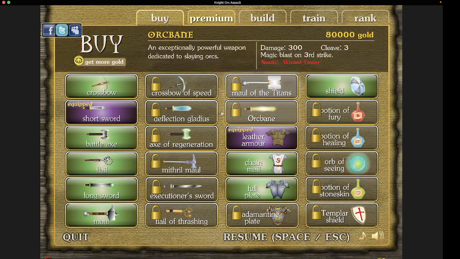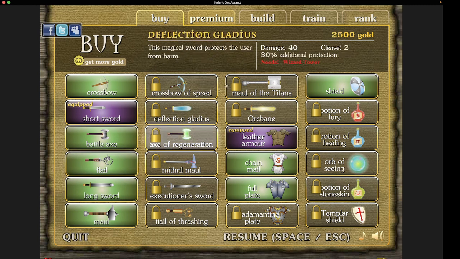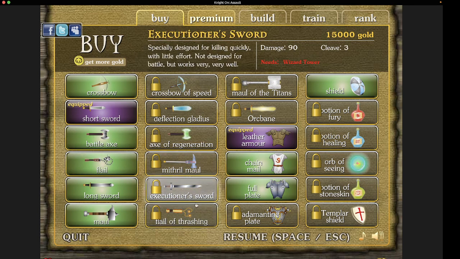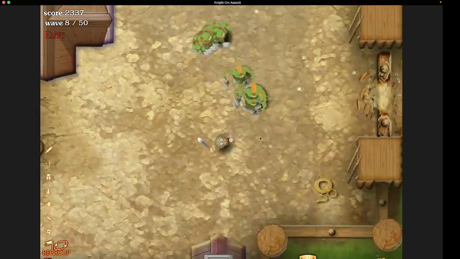Wait. Axes can't even work. This is the best axe in the game. Yeah, they kind of made half the weapon types literally just filler, except for maybe this one. The flail is still one of the worst options. And the executioner sword, it's so